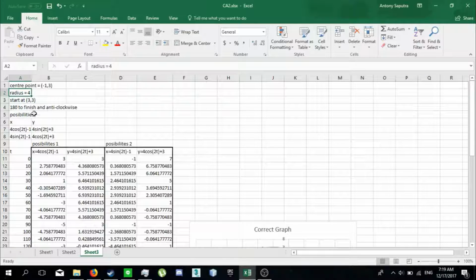And now the radius. Radius is what times the cos. So 4 times the cos or 4 times the sin, that is the radius. Because if you remember, the wave movement length will be 8, so that will be the radius. So now it starts at 3,3, which is